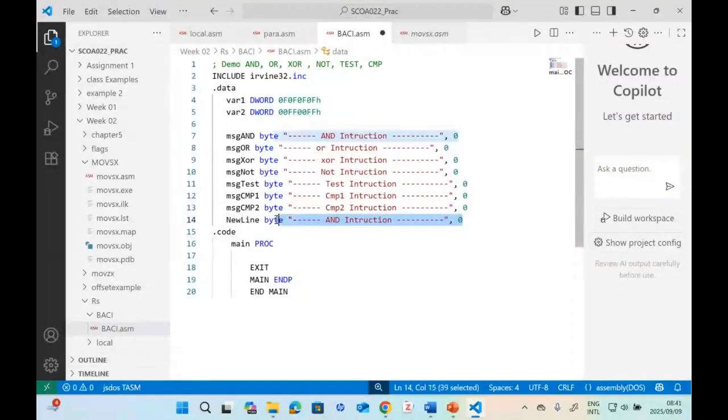And this one, let's say it's the new line byte, and then we say it's 0DH, 0AH, 0. And then in the code section,